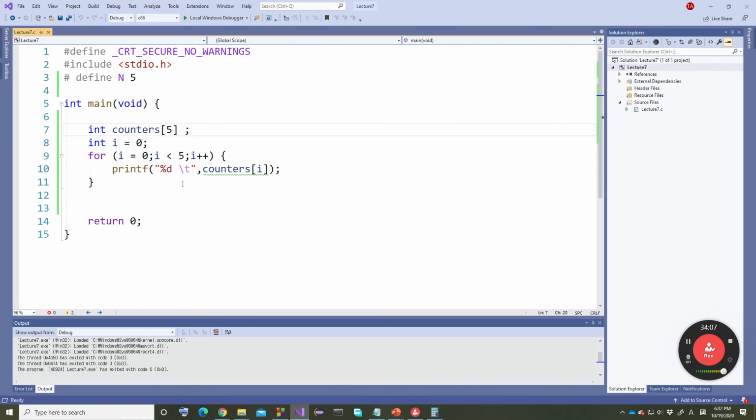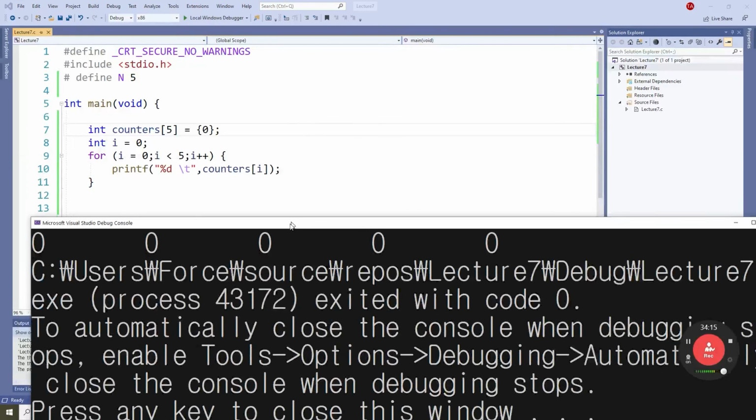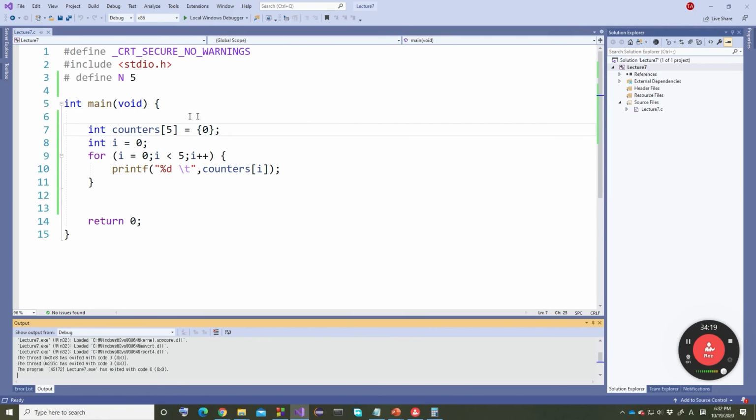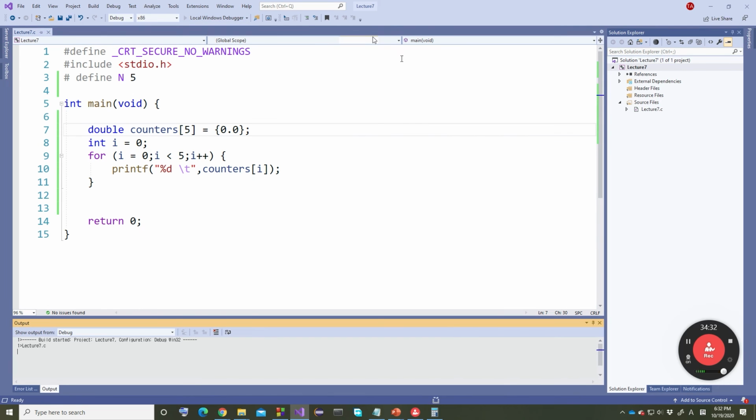So what I recommend you to do is to do like this. Every time when you create an array, you will do like this. Okay, so let's run again one more time. Automatic, all of them will be zeros. Okay, so I really recommend you to do this one so you will not have any mistake in the future. Even if this one is double, that's fine. You can put this one here and then you say this one is double. So this way you will be safe about